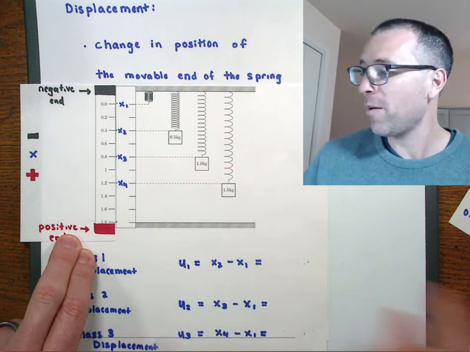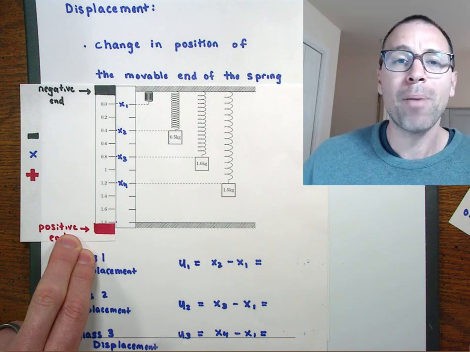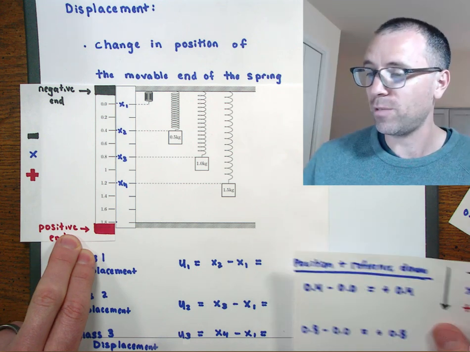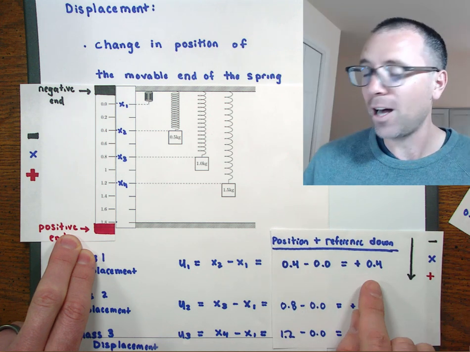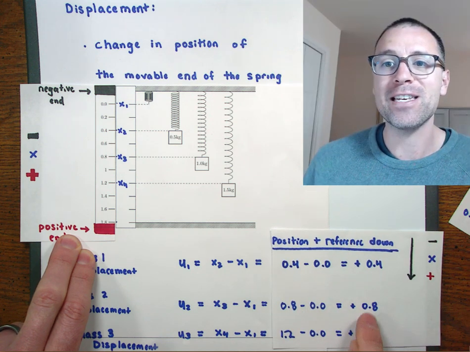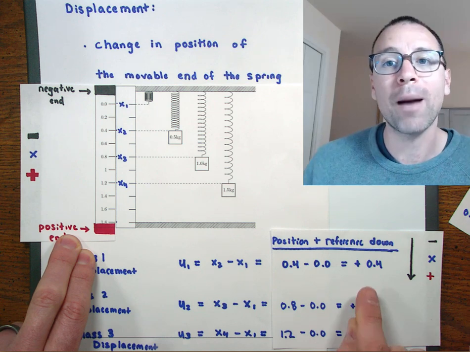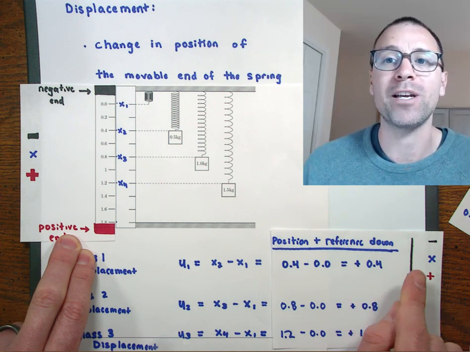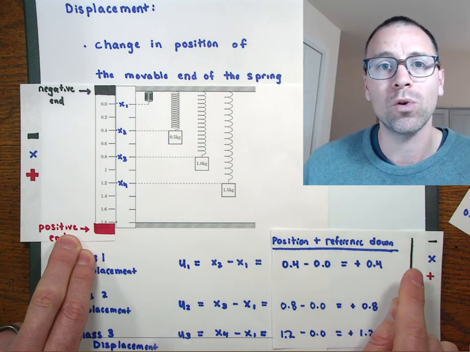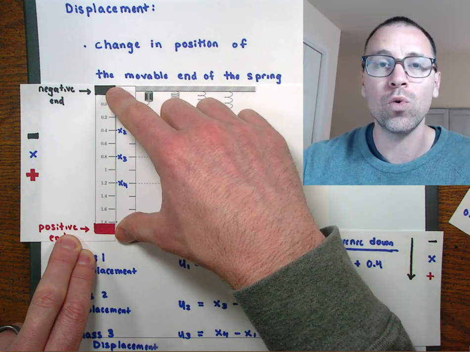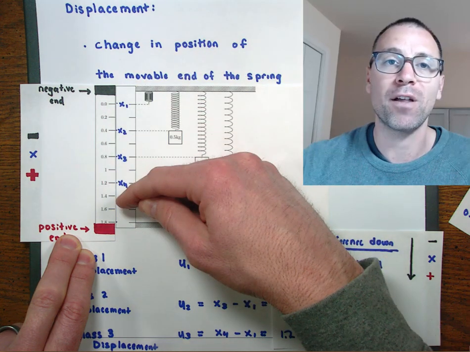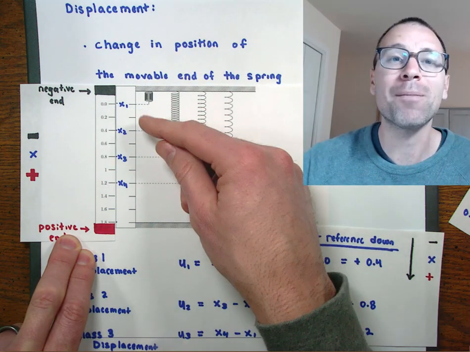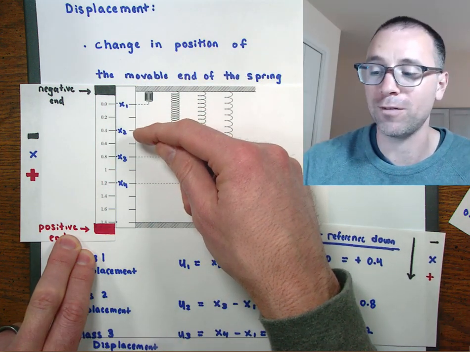Notice that has a very, very specific impact on the way we actually measure displacement. And when we do this calculation, we see that we get positive displacements in the downward direction. The reason we got positive displacements in the downward direction is because the reference direction for our ruler, the way that we set up the ruler in this situation, was negative on top, positive on the bottom, and that meant the number of tick marks in here we could interpret as positive.